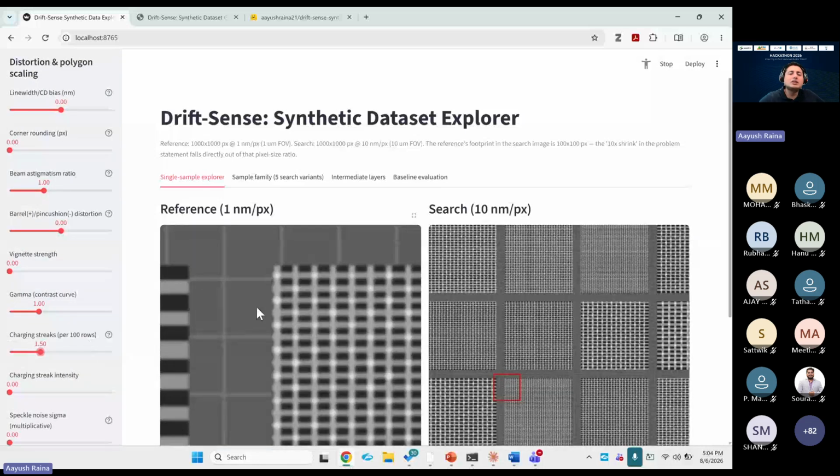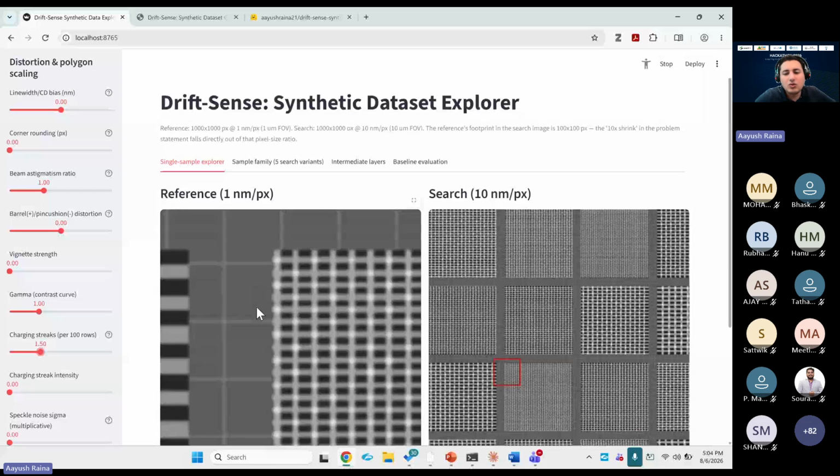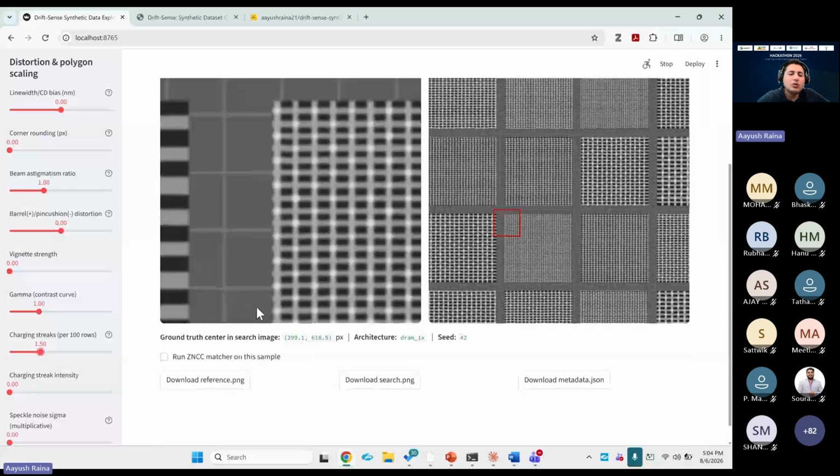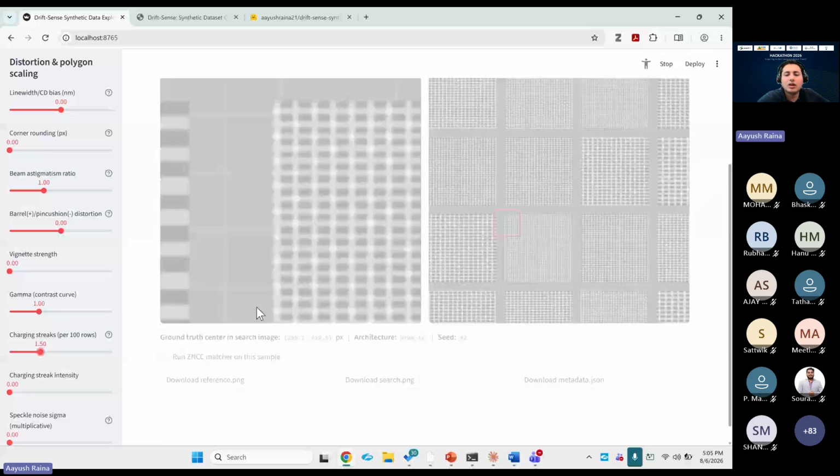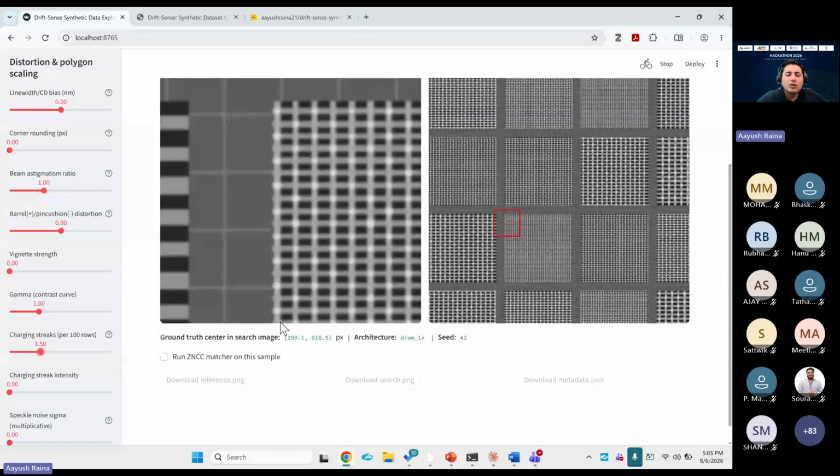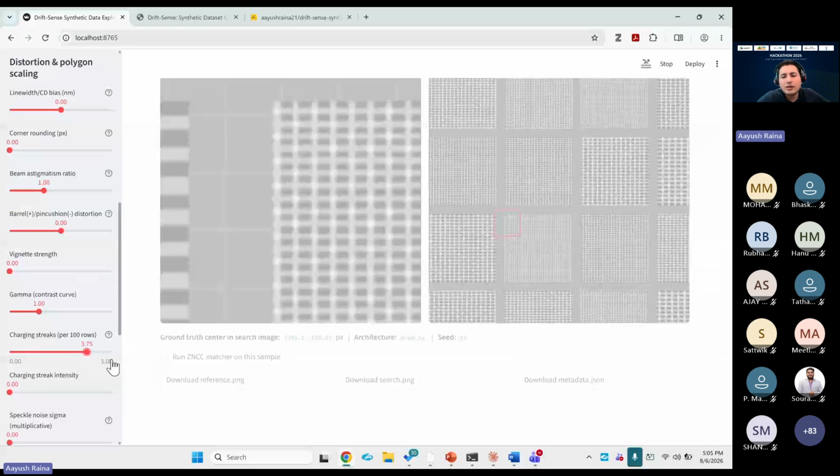So this is just a reference. We are not saying that you should use this code or this pattern. But this will help you understand where your algorithm has gaps. If you see now, in this case, when you are adding some charging streaks, some big lines,